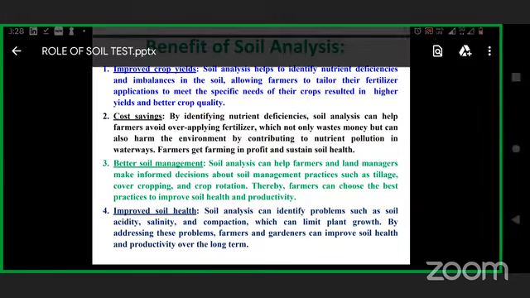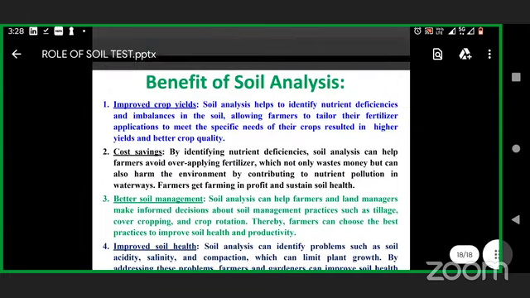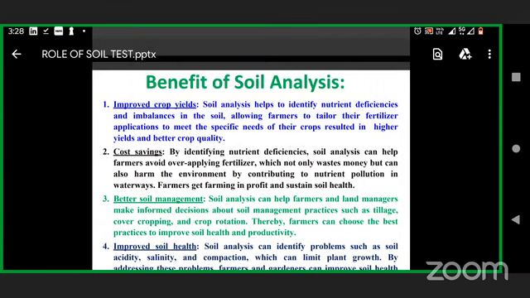So we can say that soil testing is one of the most important steps, and through this only we can further put our crops and increase the yield without destroying the soil health and soil biota. And thus it is very important, and it shows that after doing the soil analysis, we are sustainably increasing the yield and improving our ecosystem as well as the soil biota and the soil biosphere.